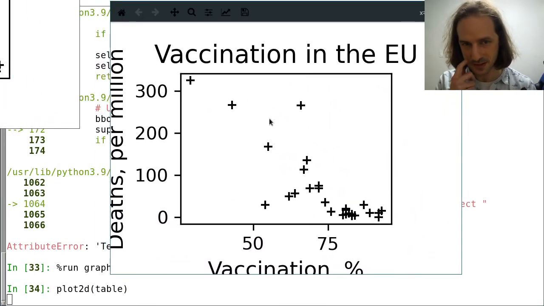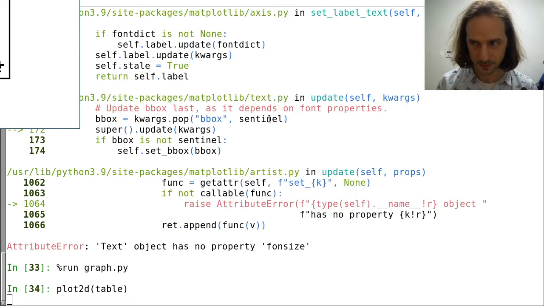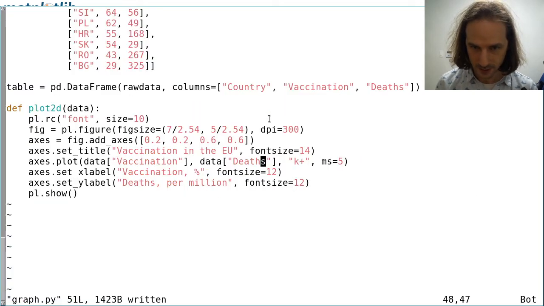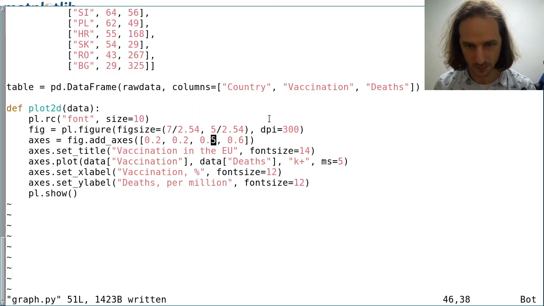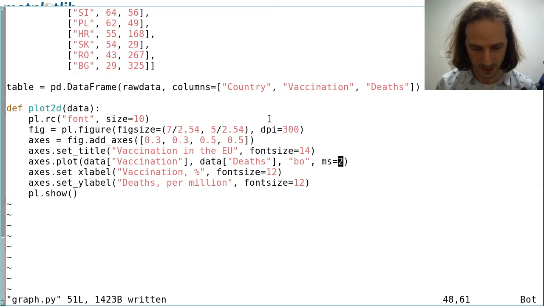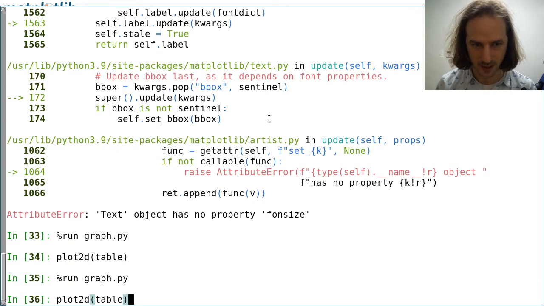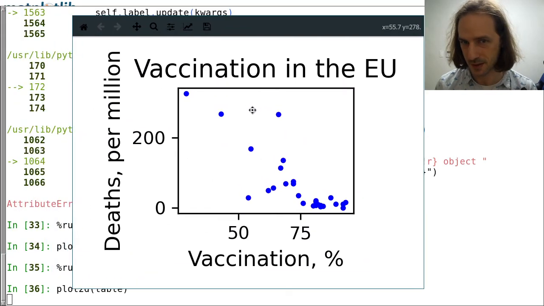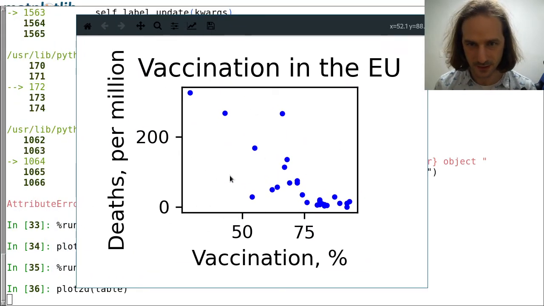So you can see that this is not really a nice graph. So we could of course make it a little more pretty. Maybe we can just decrease the size even a little more, to 5, and the position to 3, and maybe we don't like the black crosses, maybe you want blue, and you want round and maybe a little smaller. So this is how you can achieve that. And now run again and plot again, and you can see that now it's a little nicer, but it's still